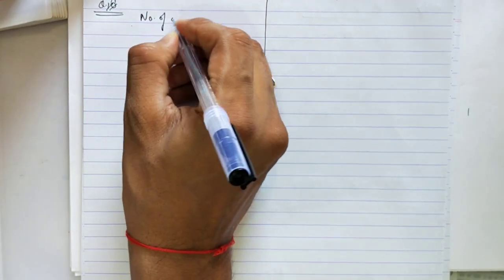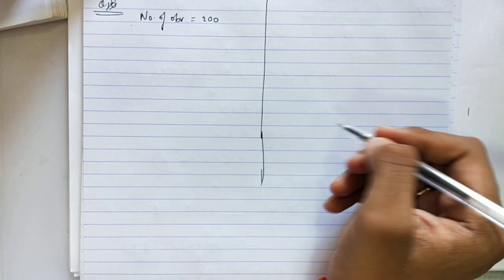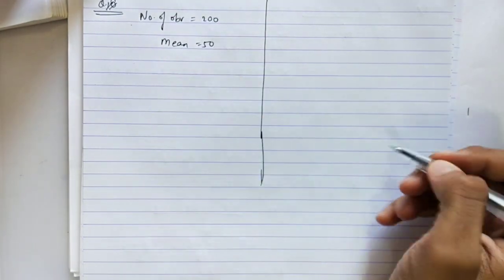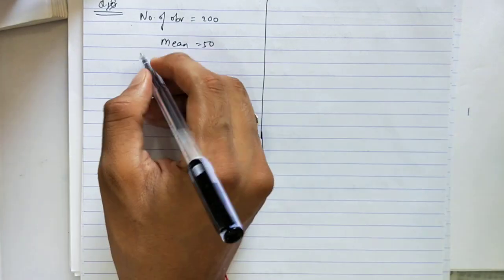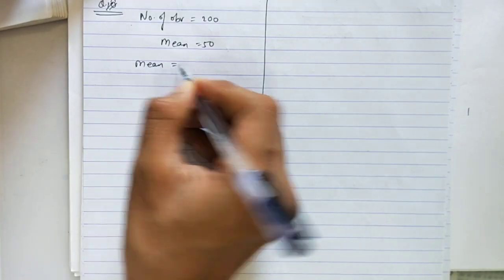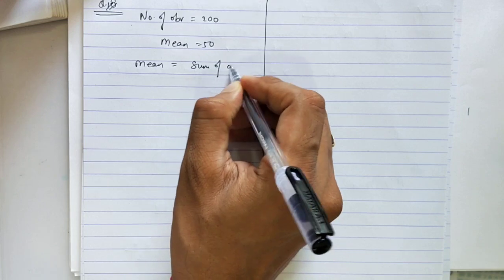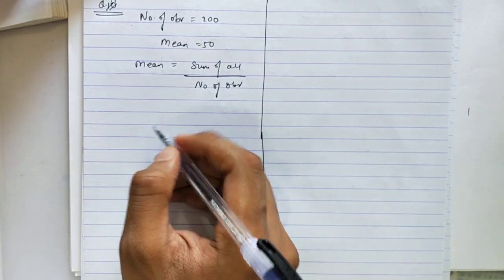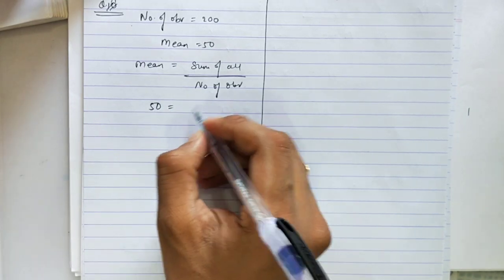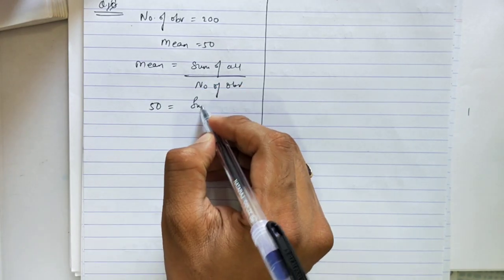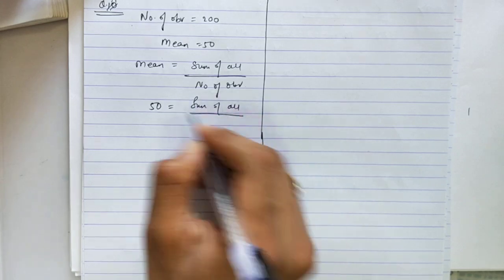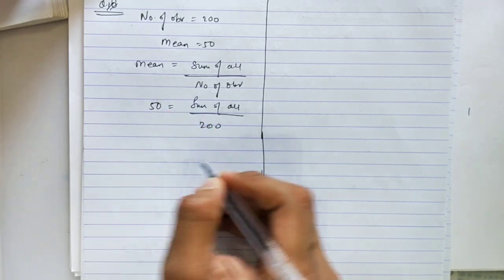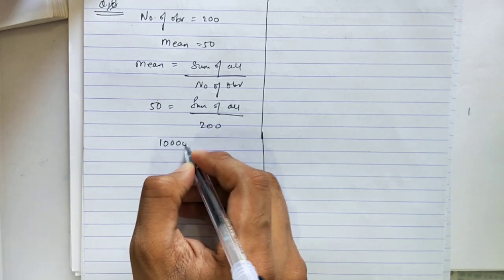So the number of observations is 200. There are 200 items and the mean is 50. The formula is mean equals sum of all observations upon number of observations. So 50 equals the sum of all observations, meaning the total value, upon 200. So 200 into 50 will give me